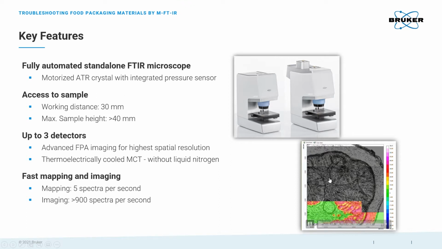What you see here on the right-hand side is the live measurement of this FPA detector, which acts like a digital camera in the infrared range. That means each pixel provides a complete infrared spectrum, which is also spatially resolved. And because we do not need any apertures, we can achieve much higher spatial resolutions than with single element detectors. Each tile you see here provides more than 1,000 spatially resolved spectra with one measurement spot. In this case, we can achieve more than 900 spectra per second, which are laterally resolved.